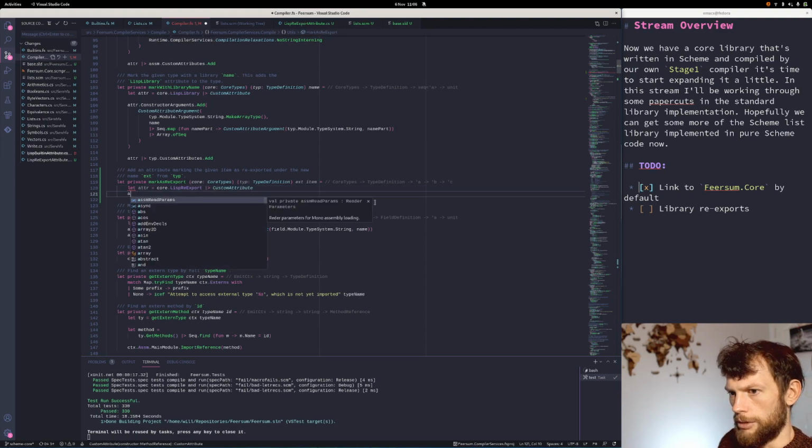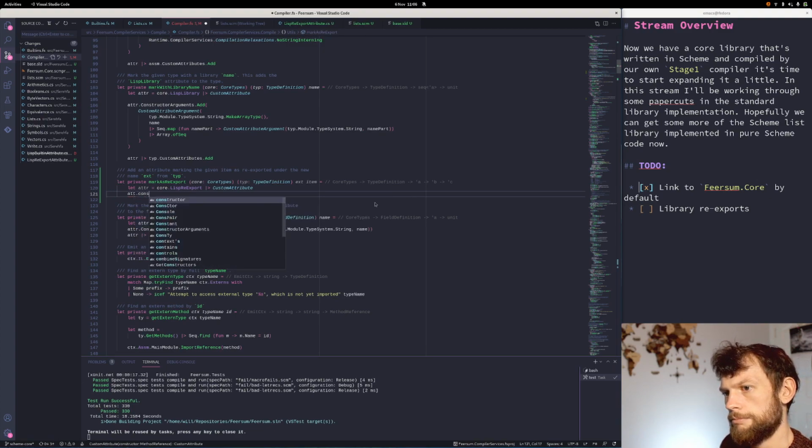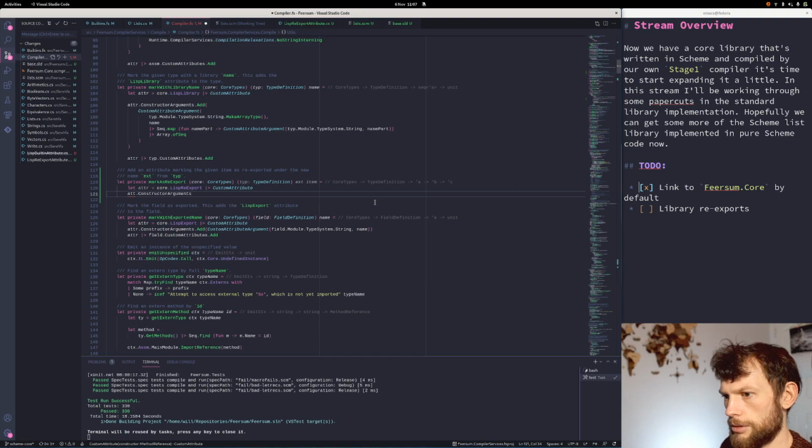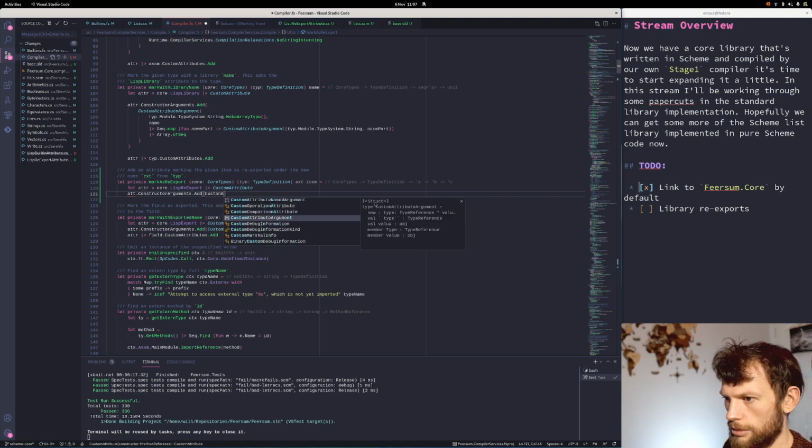And then we want to add these things to the custom attribute arguments. So we're going to first add a custom attribute argument